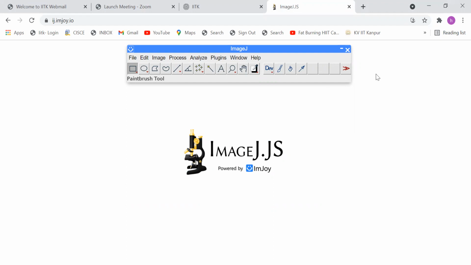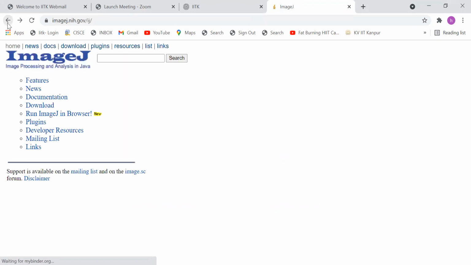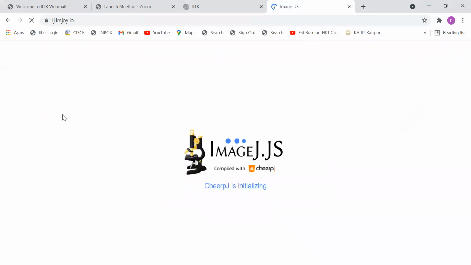All right. So what I have done is I have gone to the ImageJ website. Let me just go back to that website. So you see, this is the website you will see. Can you see my screen? Yes. Now it says this very nice new feature has come in, which is to run ImageJ in the browser itself. So I've clicked that. Is that fine? Yeah. So I come to this browser and it will now pop out a menu for me.